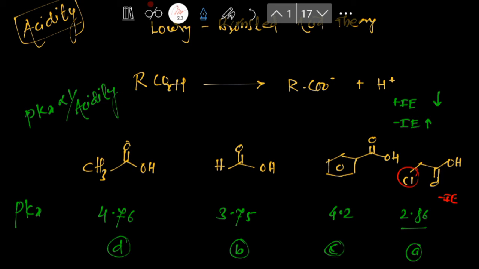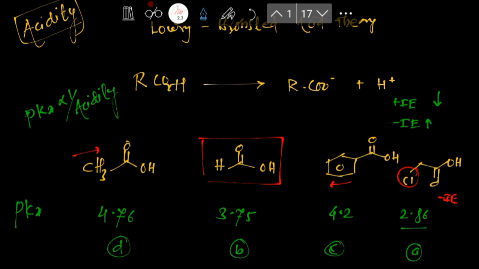Then in formic acid, there is no plus or minus I effect, so it is a neutral type of molecule, so it must be the more acidic one. Now in case of benzoic acid and acetic acid, both are carboxylic acids, but this one shows a withdrawing tendency while this one shows a donating tendency. So as per the pKa values, that tells the acidic strength of carboxylic acids. So you must remember all these examples.